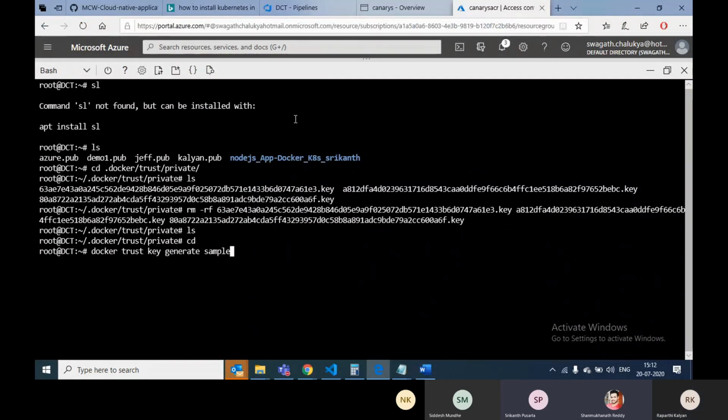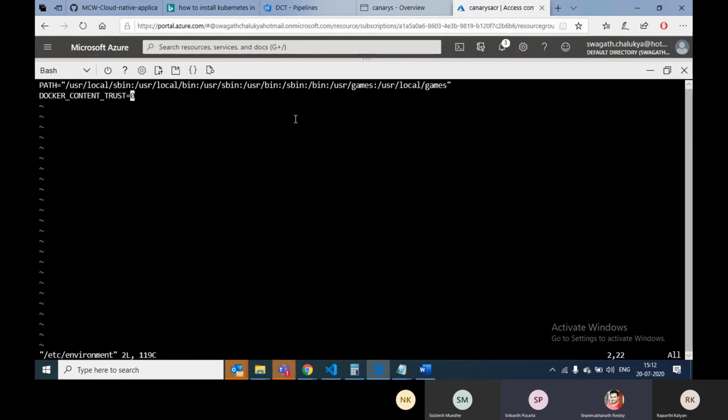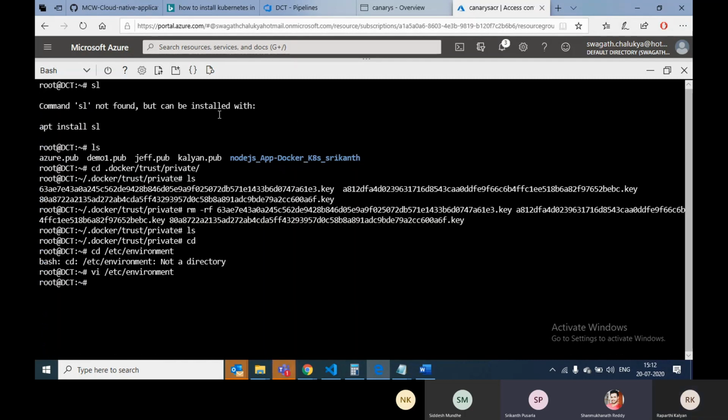Now here again, it's already disabled. This is not the actual thing. Use the export variable to enable it, try to generate a key, and do it like that.